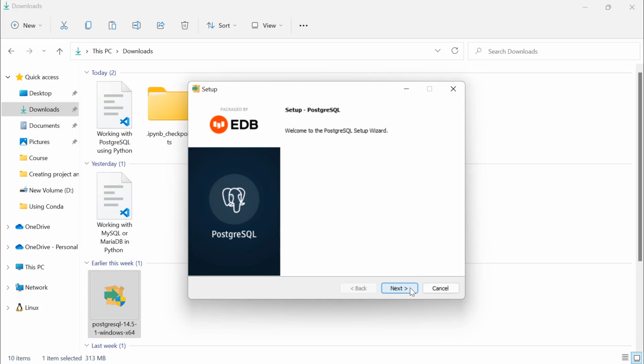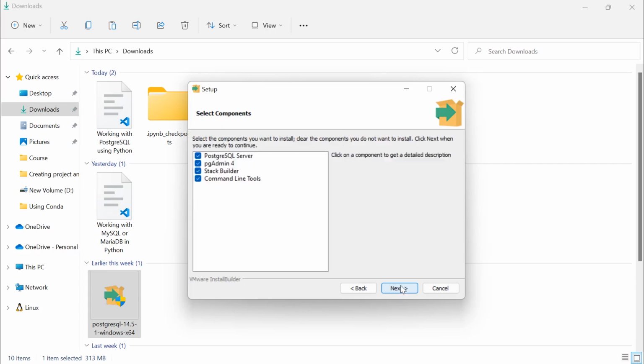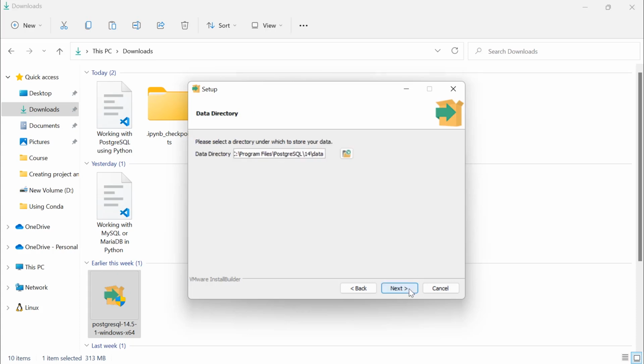So once this setup has been run, simply click on next. Then here we need to specify the installation directory. I will keep it as it is and I will click on next. Now with this PostgreSQL server, these are some components that are going to be installed. For example, PostgreSQL server, pgAdmin 4, command line tool. I will keep all these selected and click on next. Then again click on next. Next it will ask for the data directory path and I will keep that also as it is and click